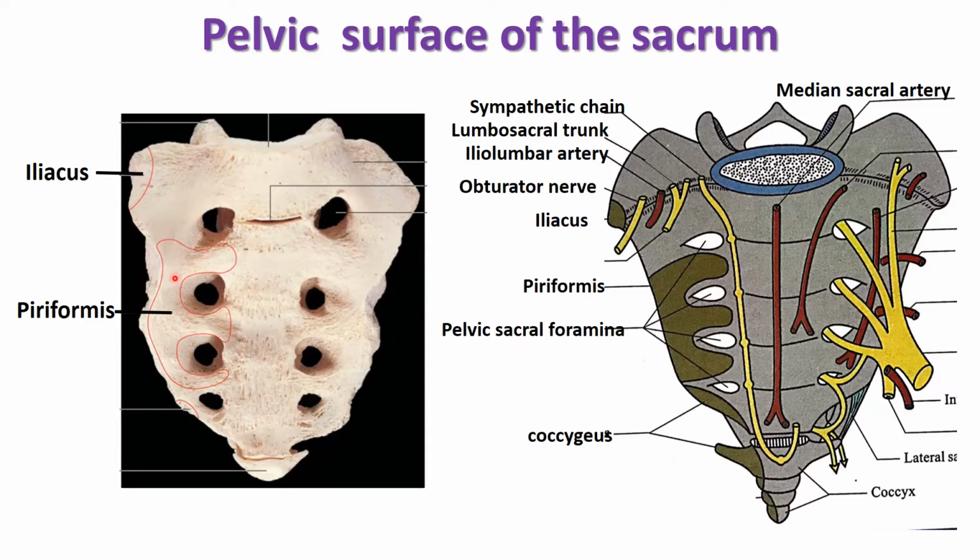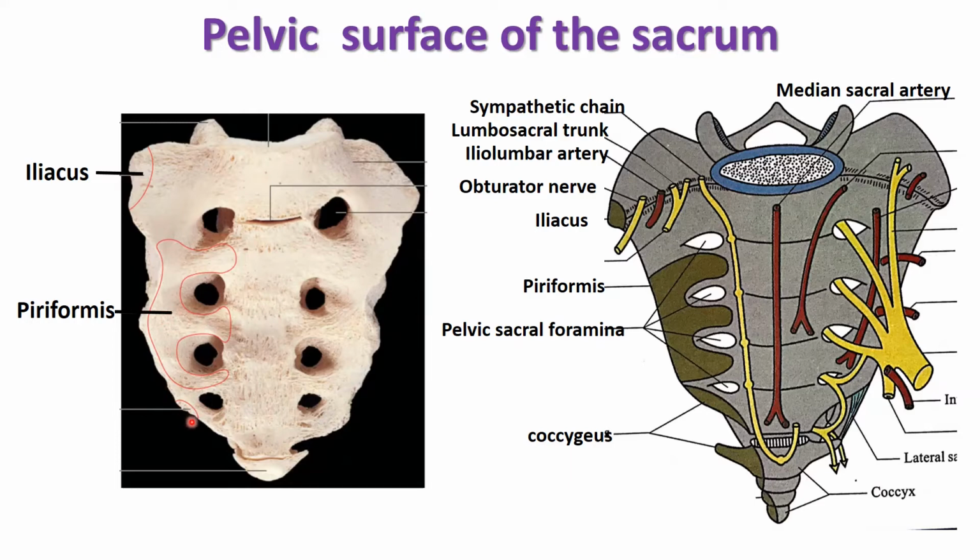The lateral mass of the middle three pieces, that means second, third and fourth sacral vertebrae, and this costal bar, this bony bar between the pelvic foramina, gives origin to the piriformis muscle. So piriformis muscle you have studied in the gluteal region. Taking origin from the pelvic surface of the sacrum as an E-shaped origin, and distal attachment or insertion on the greater trochanter of the femur.